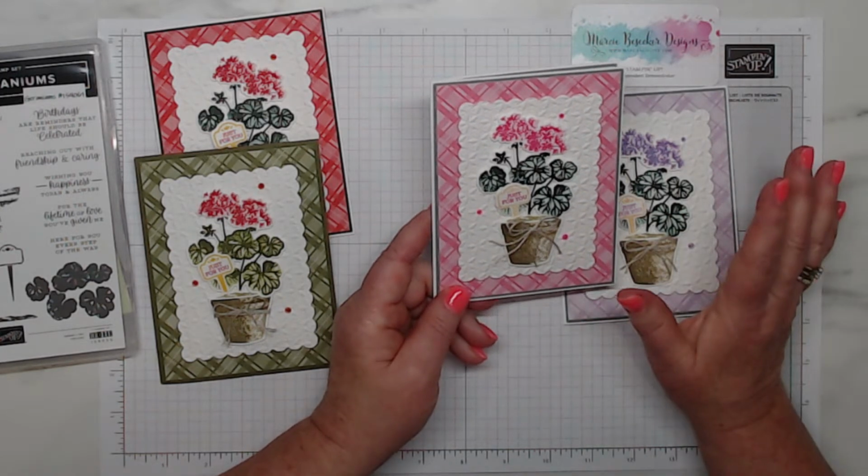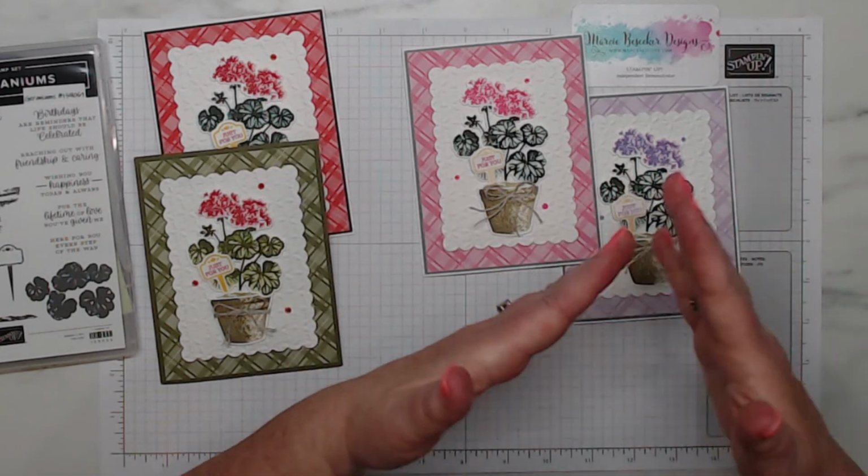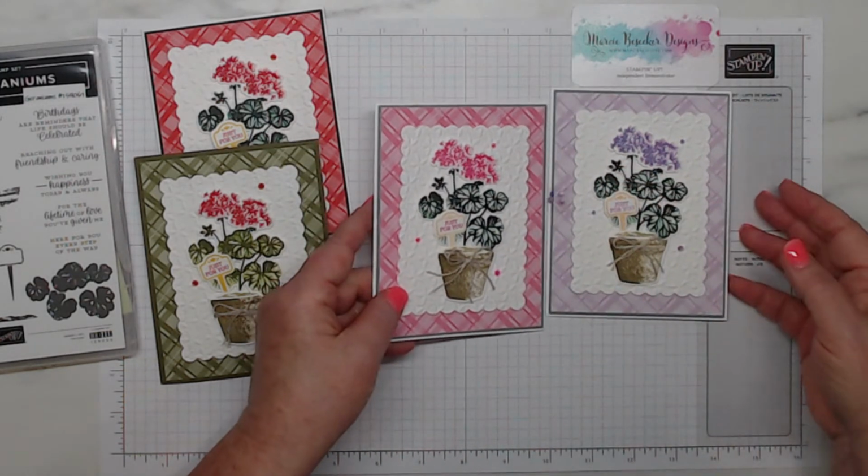So for those of you that don't know, Clovis and Fresno are like a street away from each other. It's like the very next town. So anyway,